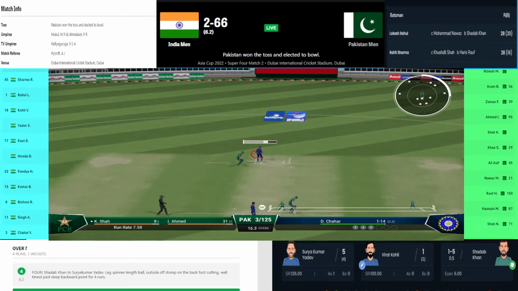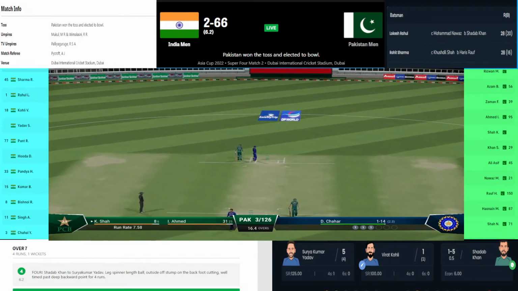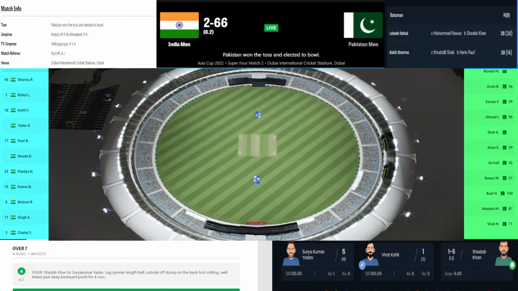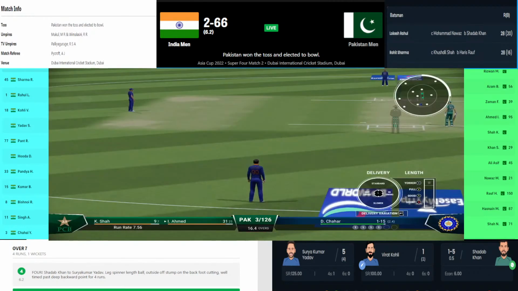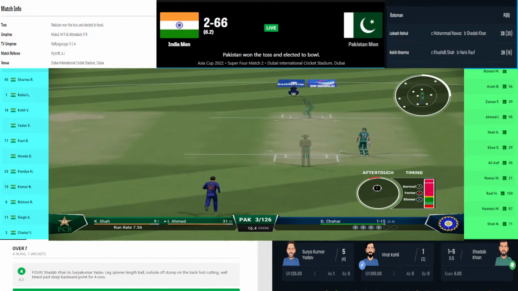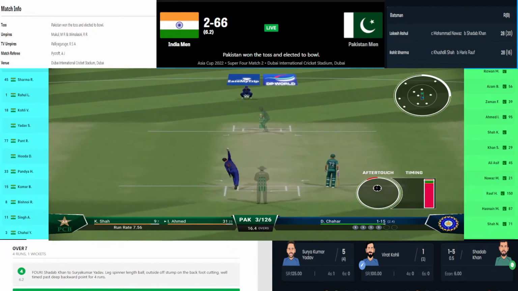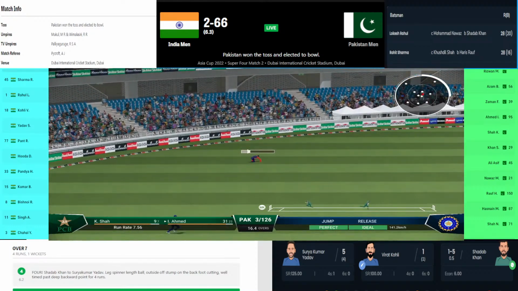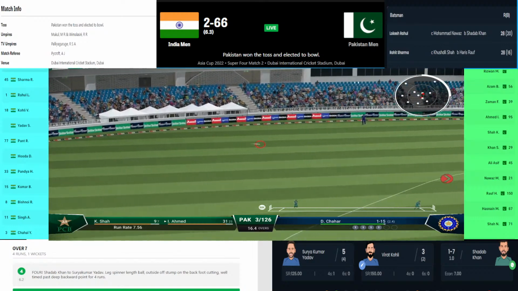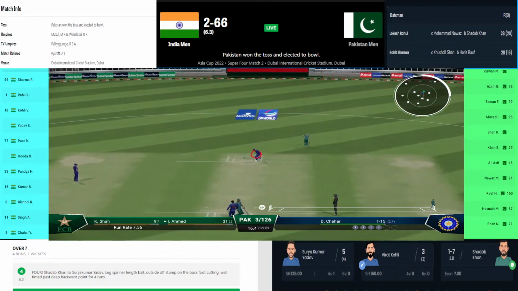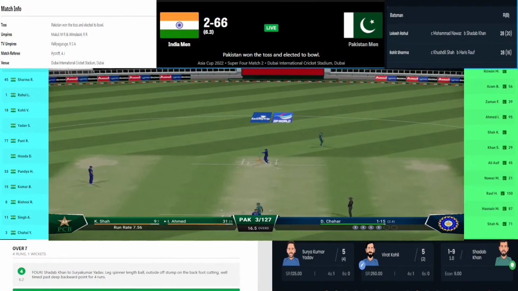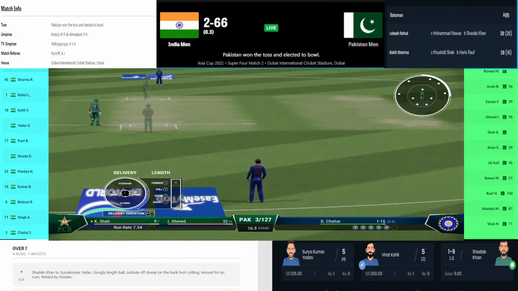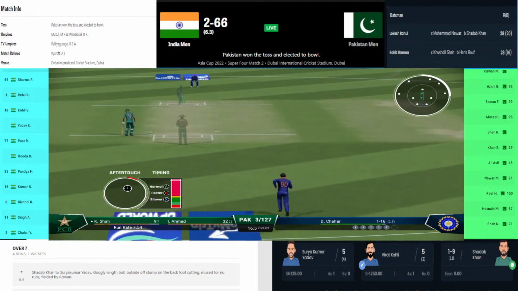Fourth delivery to Surya Kumar Yadav. Again, it's outside the off stump. Is it out this time? No, again. What a wonderful piece of bowling this is from Shadab Khan. Back-to-back deliveries get Surya Kumar Yadav beaten. Again, he was trying to cut that outside off stump. And Rizwan was just jumping in joy like he has got the wicket, but he just realizes it's not out.